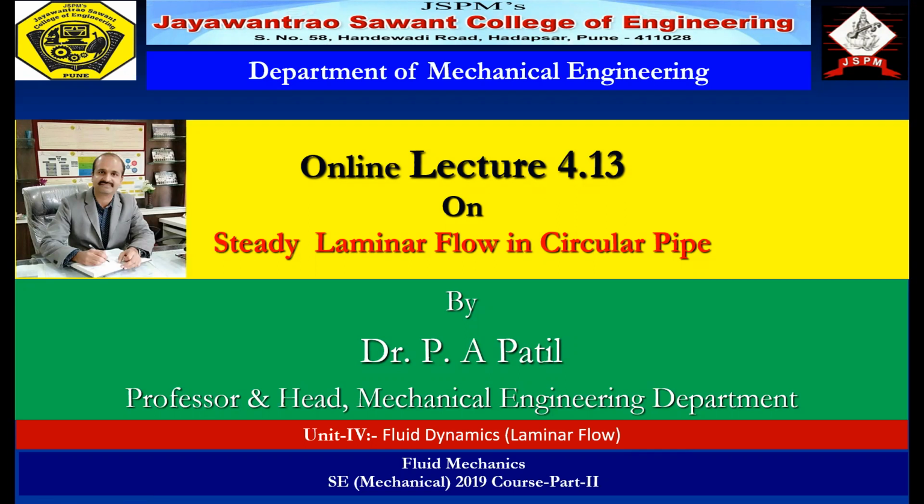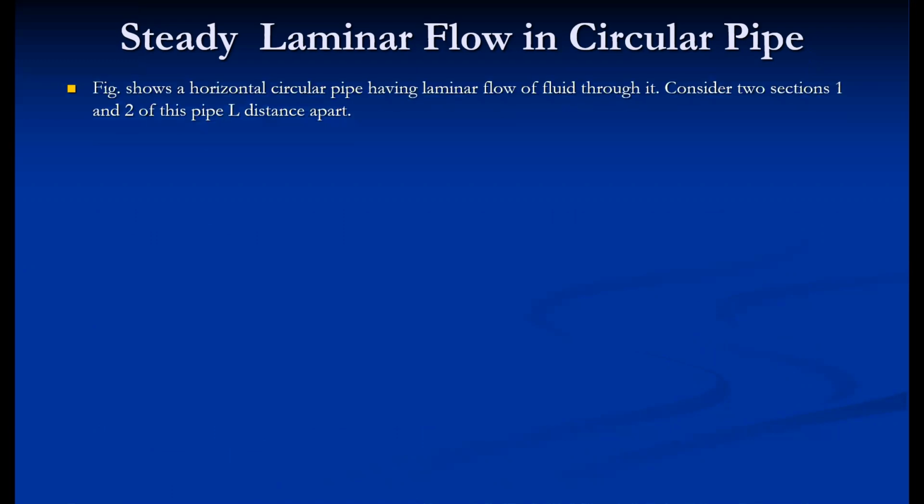That is the topic, laminar flow. In this lecture we are going to discuss the laminar flow analysis in a circular pipeline. The flow analysis means how the velocity and shear stress distribute across the cross section when laminar flow takes place through a circular pipeline. The relevant expressions are the velocity distribution, the shear stress distribution, and the pressure drop between two sections of the pipe. This is also called the expression for steady laminar flow in a circular pipeline.